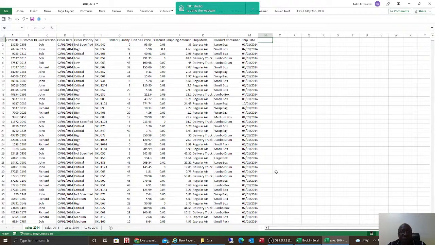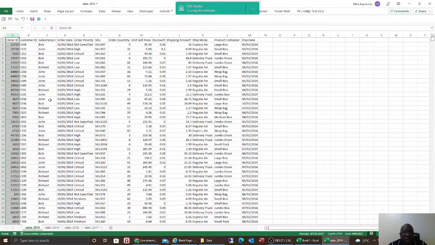Lookup functions are used to pull information from one sheet to the other, provided they have unique identifiers or unique codes. In this case, the unique code is the order ID,